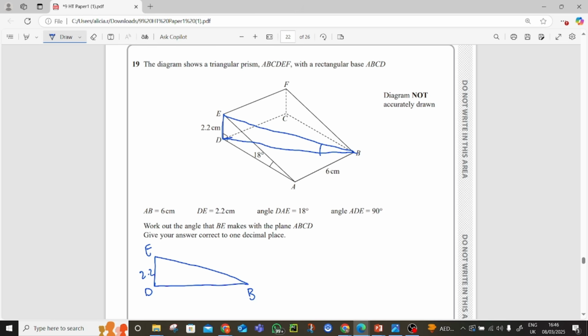That's all we have. So we're going to have to get the line across, or we could get the line across the top. So you're going to either go for EB or you're going to go for ED. I think I will go for BD, the line across the bottom, the base of the triangle. And to get that, I'm going to use EDA. So if we look at this triangle here at the side, EDA,